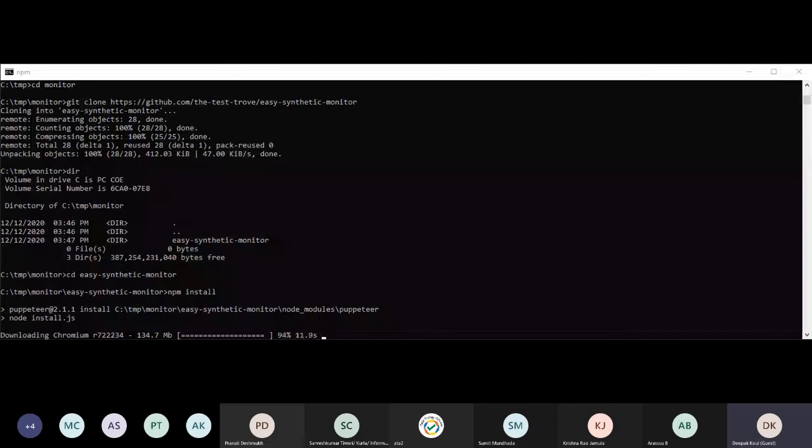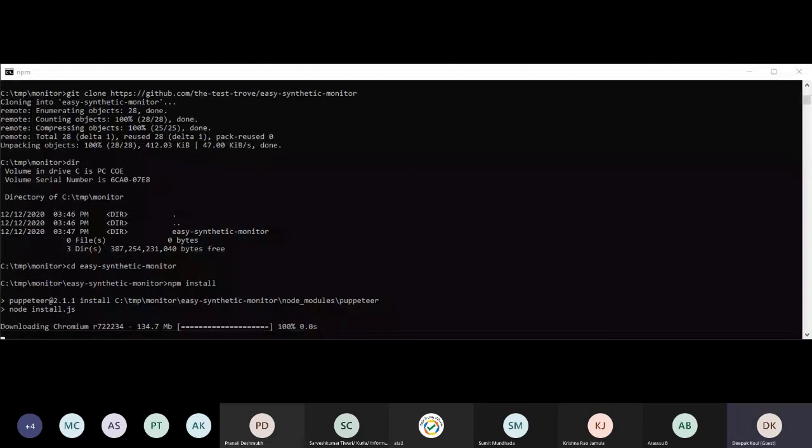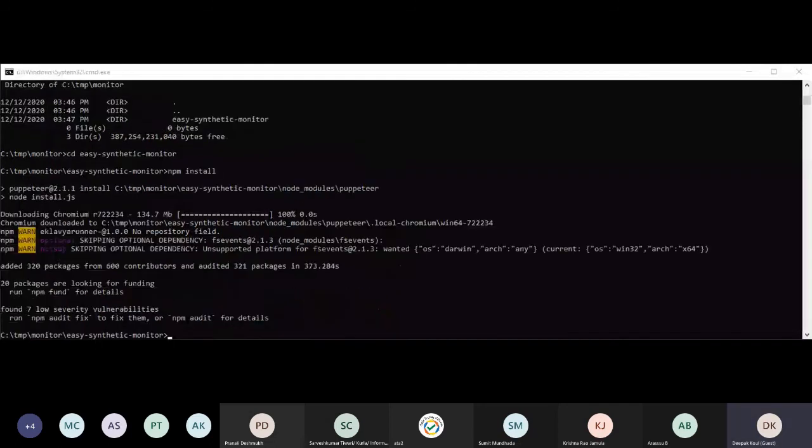And that uses the DevTools protocol. So the Google team which builds Google Chrome actually uses the DevTools protocol for testing, and that's where they came up with this tool called Puppeteer. So I think you are good to go now, Krishna.